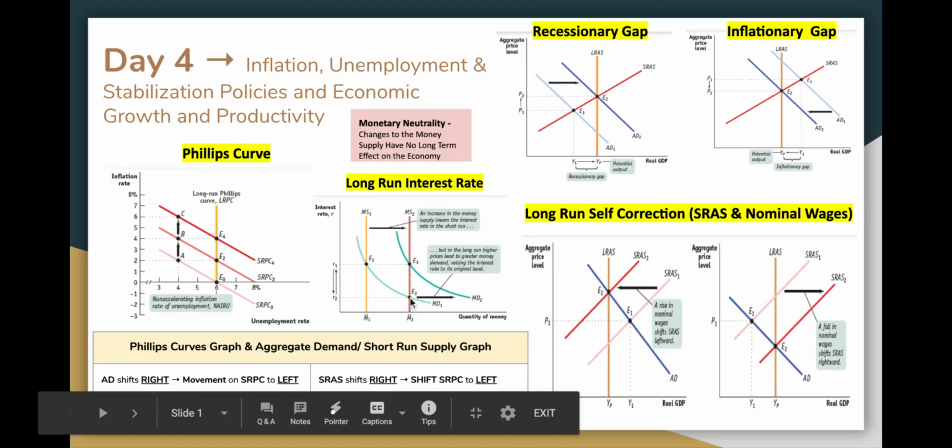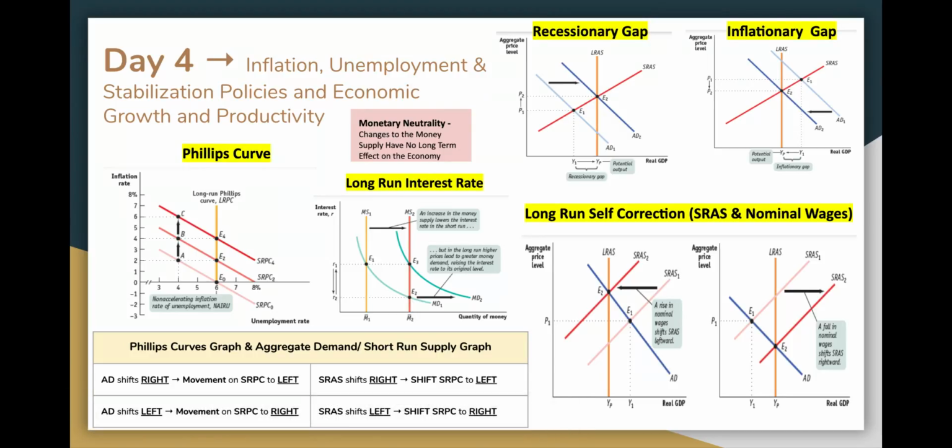So in the short run, the nice thing is we have a lower interest rate, and that will make the aggregate demand curve shift to the right. We see this happen. That happens in the short run. We talked about this at length last class when we were discussing Unit 4. But in the long run, when they say long run interest rate, long run, okay? Don't get confused with the short run. This only applies in the long run.